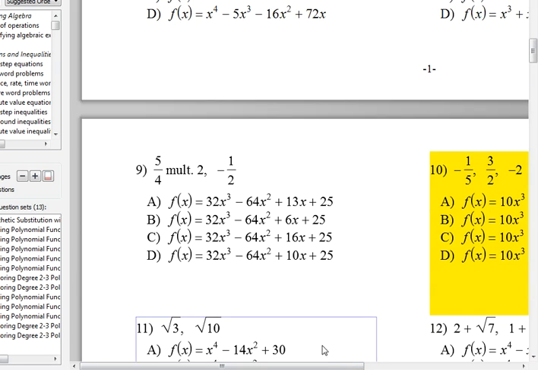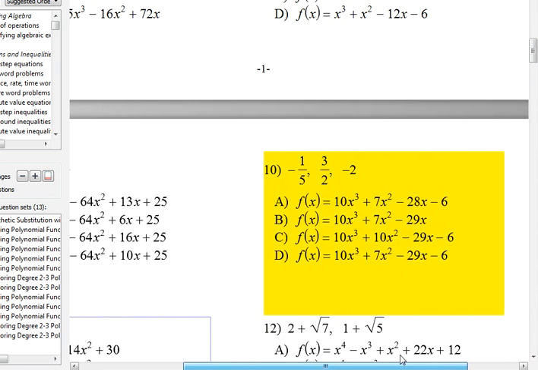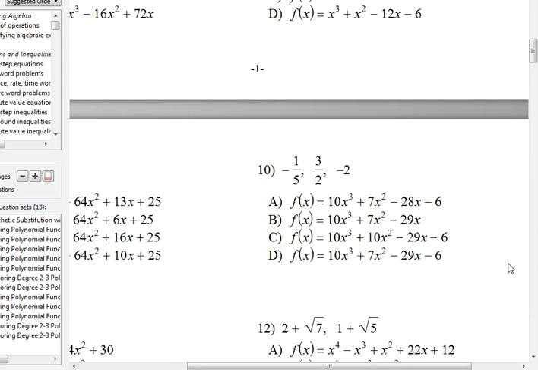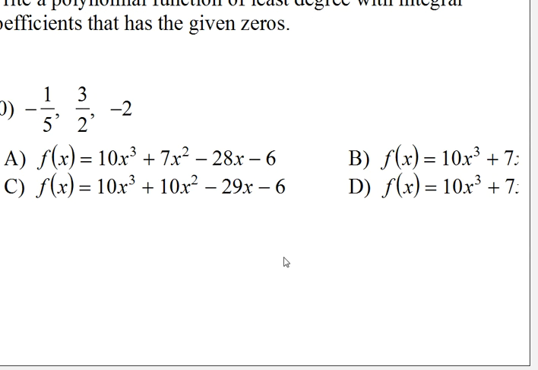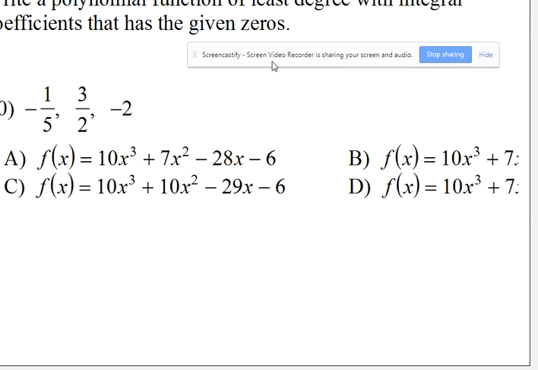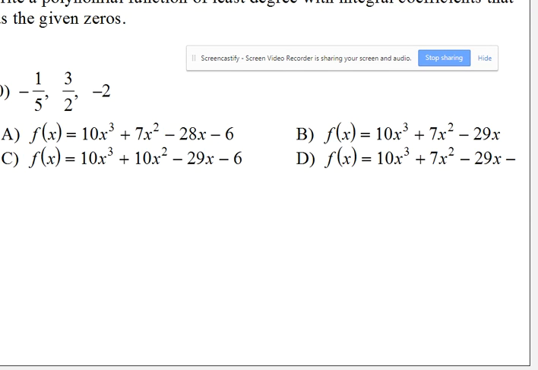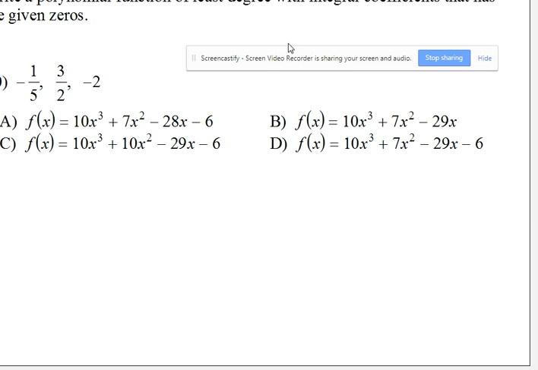Okay, so let you practice with this idea on number 10. Okay, I want y'all to figure out on number 10, let me make this bigger so you can see it. Okay, on number 10, I want you to decide which one works. I didn't help too much, but